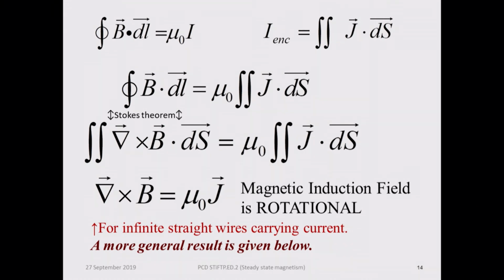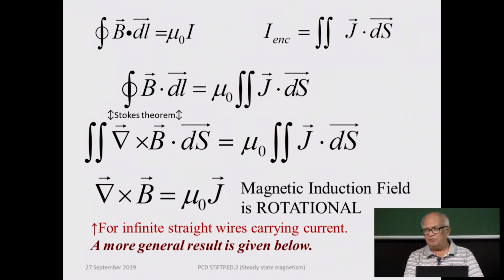The physics in this is no different from the physics in the Ampere's law. So, this is also called the Ampere's law. This is the Ampere's law in differential form. What you see in the first equation at the top is the Ampere's law in the integral form, right. And essentially what it means is that the magnetic field is such a vector